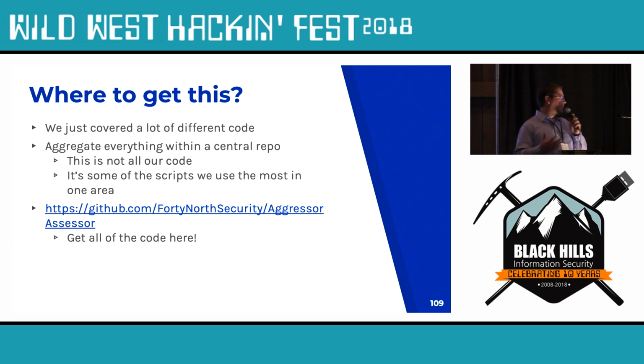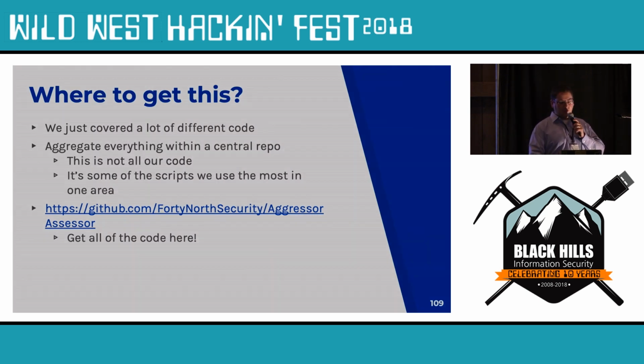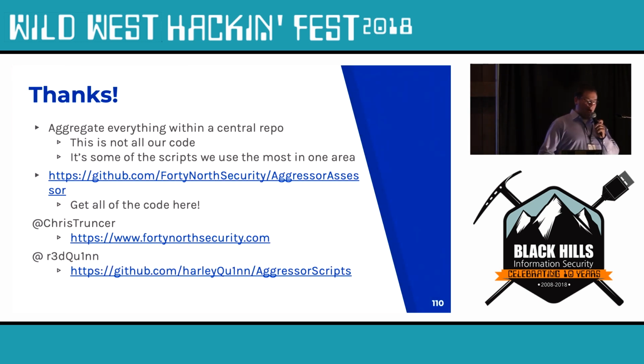If you go to GitHub right now, we just published this repo right before this talk. It's going to have the different Aggressor scripts at different phases of the assessment that you can use, such as during post-exploitation and during reporting. You can look to see if there's anything applicable to you that you would want to use in your engagements, and how to quickly load them up. We hope this helps show how to automate what you can automate and how to prevent user error when it's something that's preventable. We wanted to make this available.